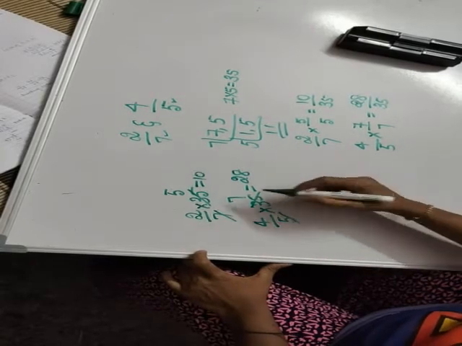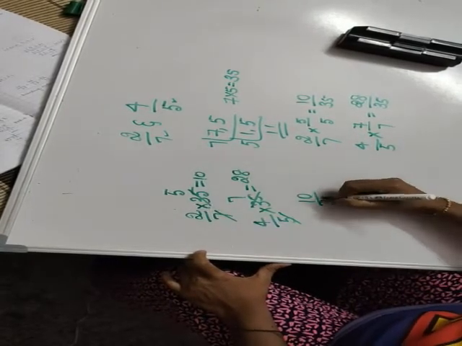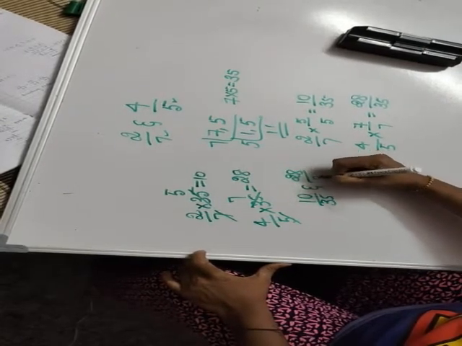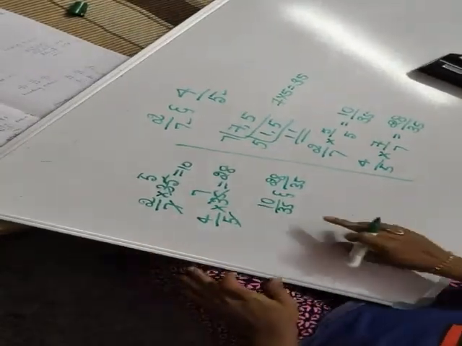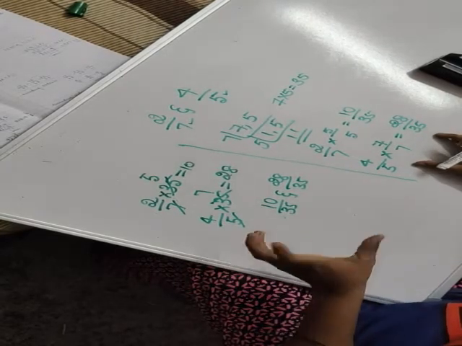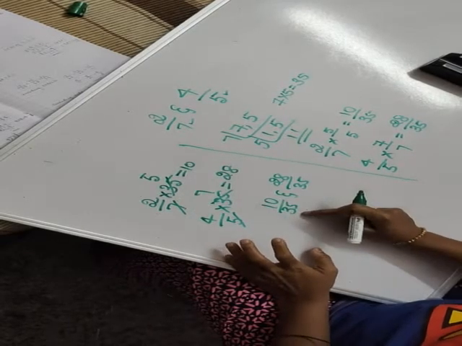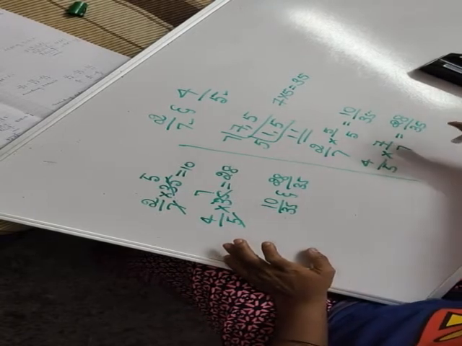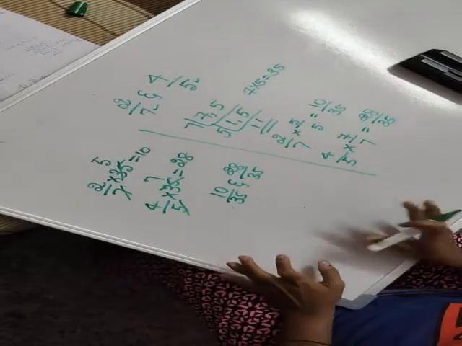We have to write it in the fractional form: 10 divided by the LCM 35, and 28 divided by the LCM 35. See which method is easy. This is one method, finding the numbers. Both are the same, with a slight difference. But while doing this one, don't forget to write the denominator. While doing this one, we will get the denominator and numerator automatically together. Any method is okay. Now we have to say which is greater.